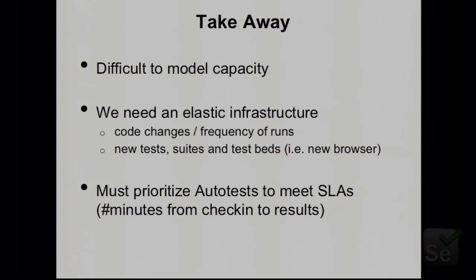And of course, we want to be as frugal as possible, not just have all this capacity lying around. We want to make sure that we utilize it as best as possible. Or in other words, what we need is an elastic infrastructure, right? An infrastructure that could adjust to the number of code changes, to the number of test beds, new browsers, right? We want to scale